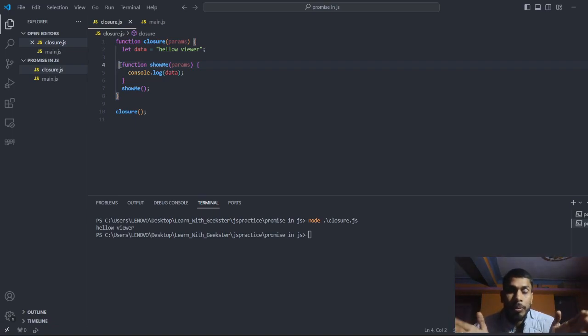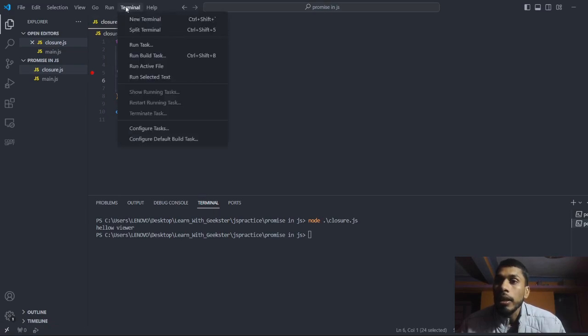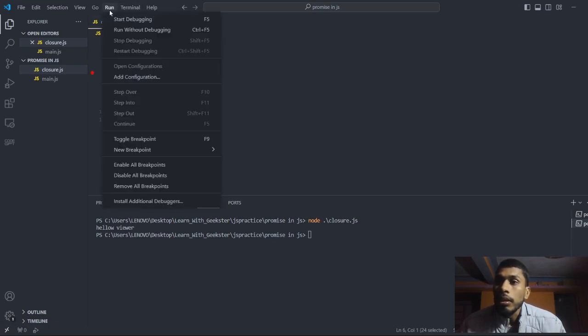That binding of both data is known as closure, right? So if I put the debugger over here, you will get a clear understanding of what's going on inside.